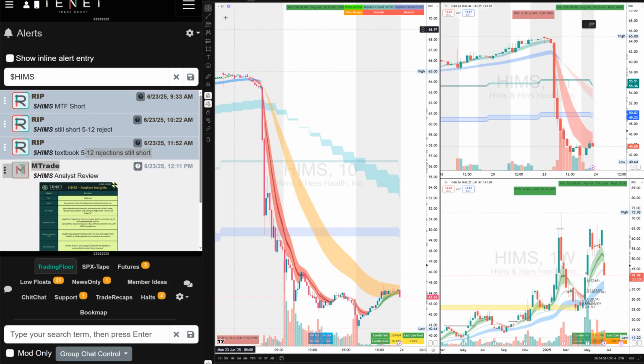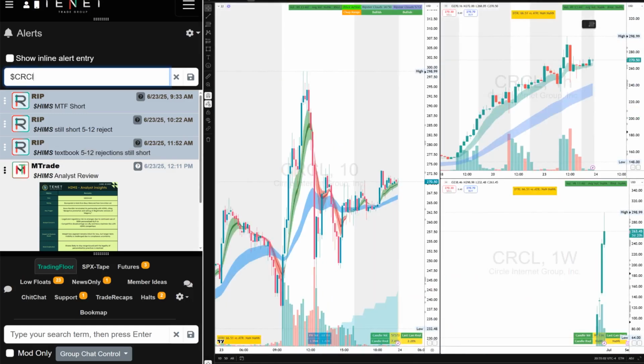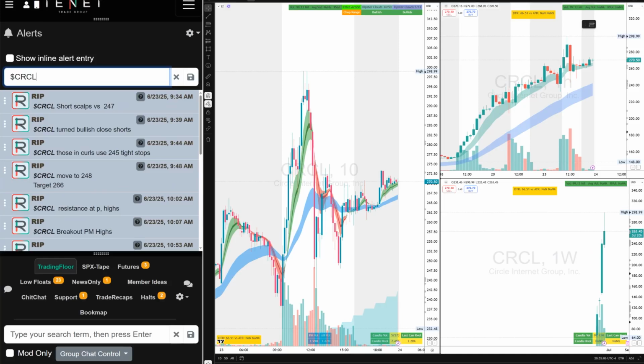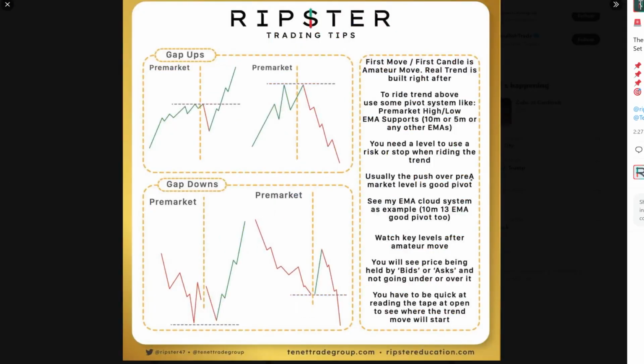Beautiful trade. All right, so next one I'm going to quickly talk about is Circle. This is a great example if you do not understand my teachings of the amateur moves and trend moves. Let me teach you that. Let me show you that. What's the difference on that? Let's see if I can find that screenshot that I've been talking about. So this is an amateur versus trend move. I will retweet it. But pause it, learn it.